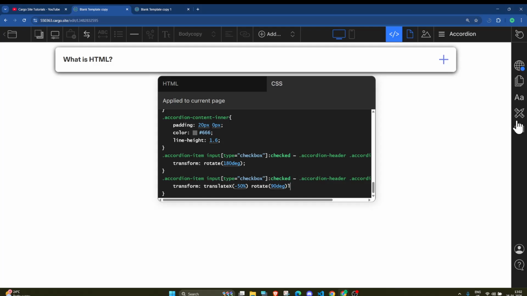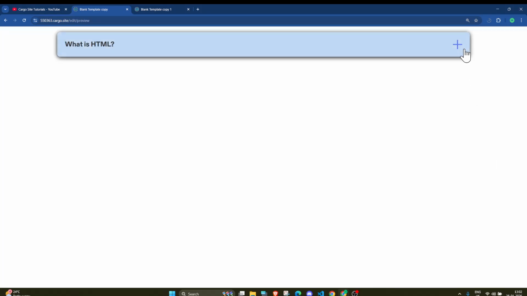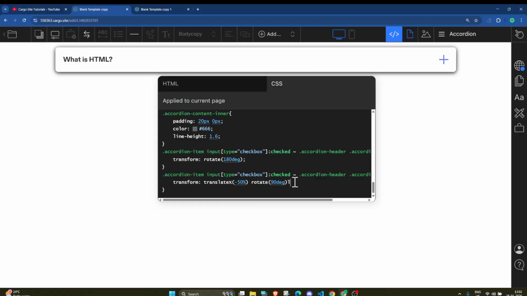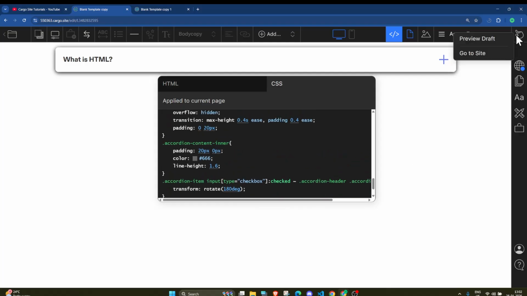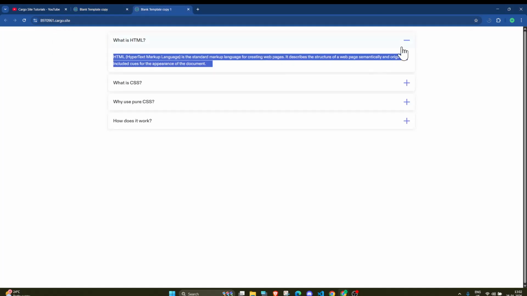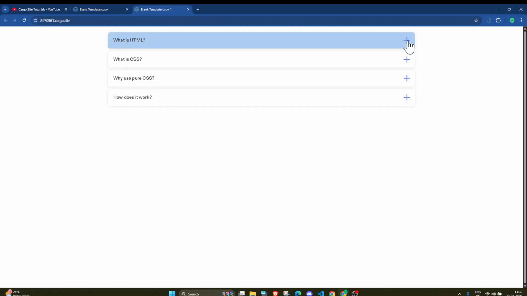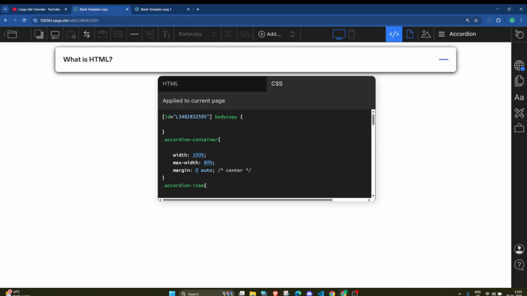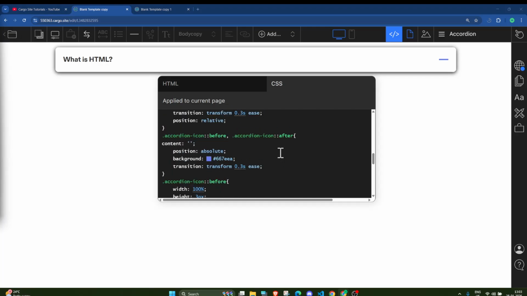Now let me give 90 degree. Here you can see now on clicking it like this icon shows up when the accordion is expanded. And after that, what we are going to do, so now we want that on clicking on this thing,